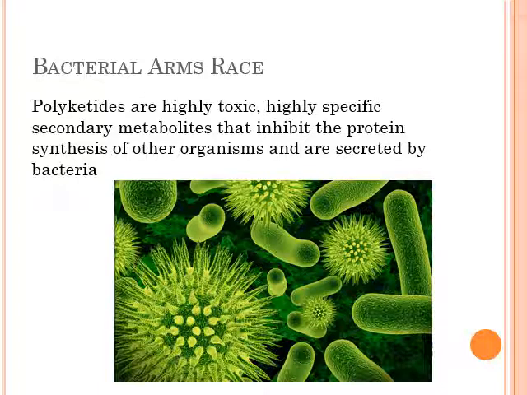Bacteria are in a constant fight with one another. And you know, sometimes the Pseudomonas and stuff like that is growing inside of you. In your gut, you've got bacteria that are good, and you've got bacteria that might not be as good. And they're fighting with each other. The way they fight each other is by sending out chemicals to turn off protein production in other cells.